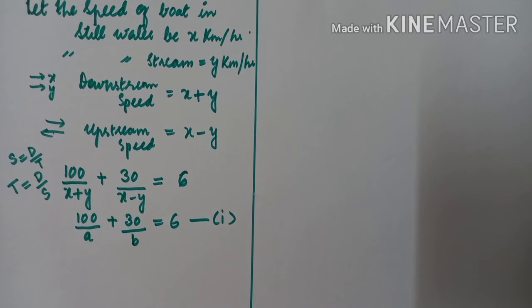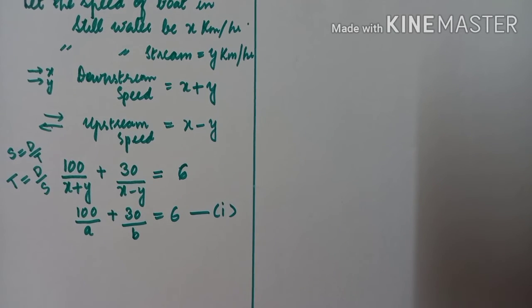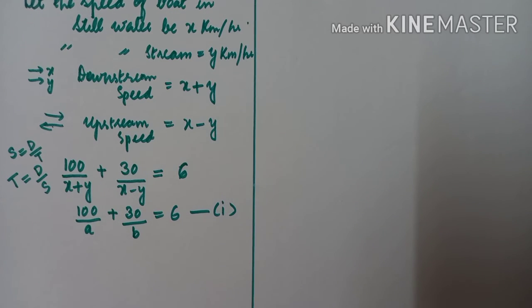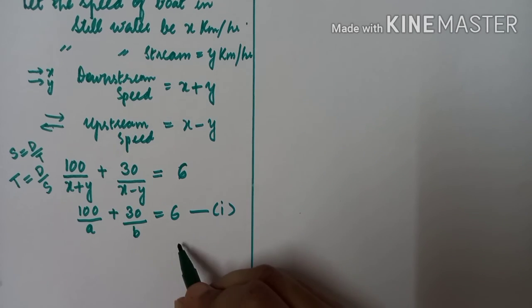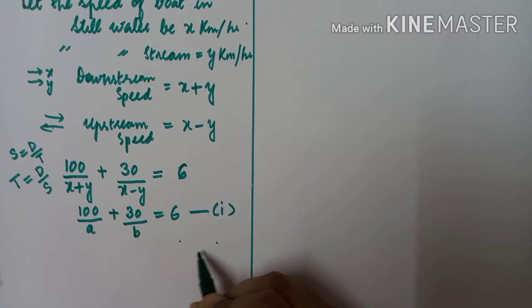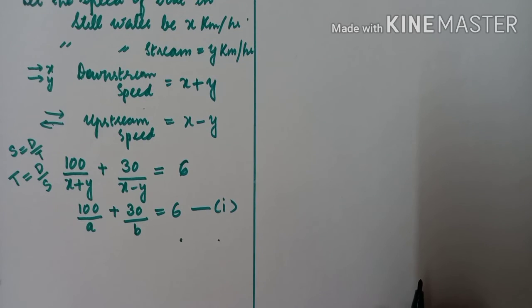Now after equation 1, what more is given in the question? If the motorboat goes 75 kilometer downstream and returns back to its starting point in 8 hours. So here the time is 8 hours. What about the downstream? What is the distance? 75 kilometer it is covering. When it is going downstream 75 kilometer and again returning back to its starting point, the distance is the same as it is returning. First going from the starting point 75 kilometer and then returning again, so the distance is the same. Downstream also 75 and upstream also 75.